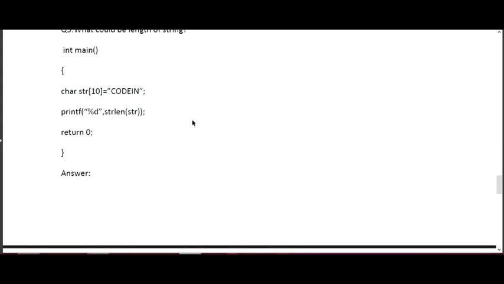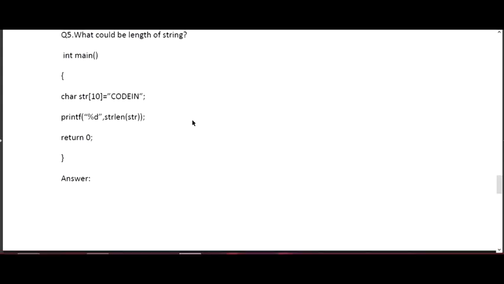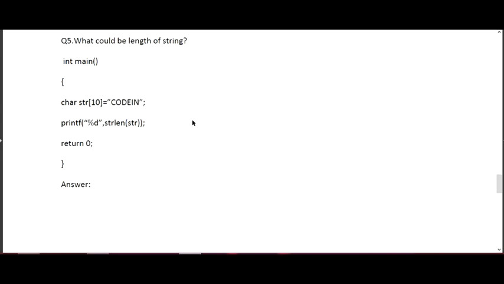But sometimes they may ask what the value is at a particular index. In this case the length of the string is 6 only. But if we are asked to tell the characters present at 0, 1 and 2, then you need to check: at index 0 is C, O is at 1, then D and so on. And whenever we are talking about a string, the string always involves a null character. So in this case the output will be based upon the length of the string being 5 or 6, depending on the string we have given, Codin.